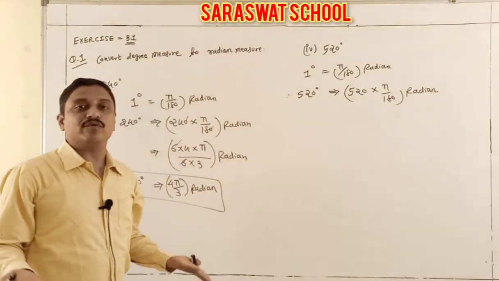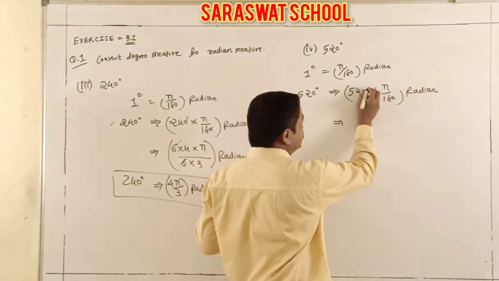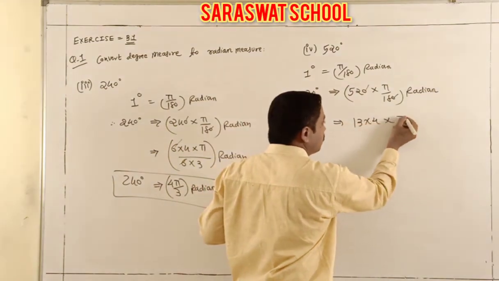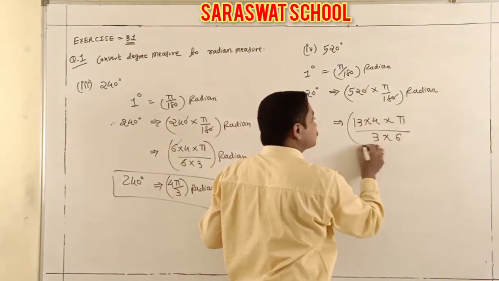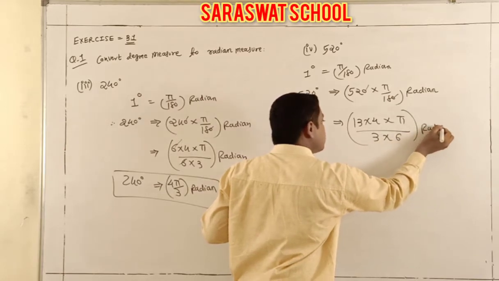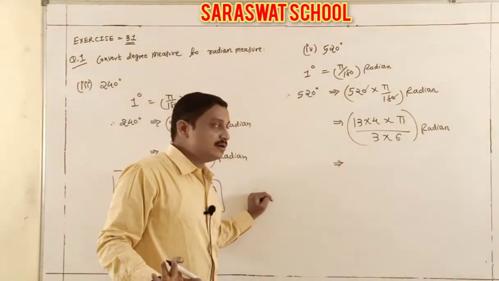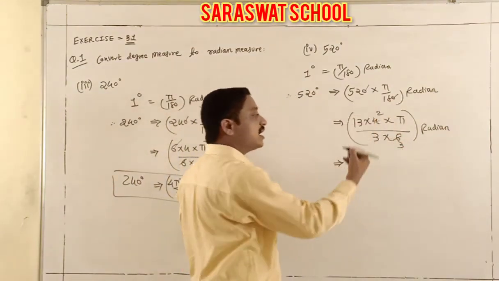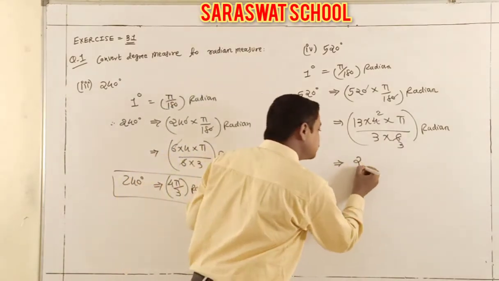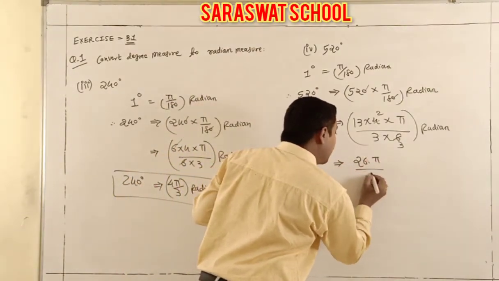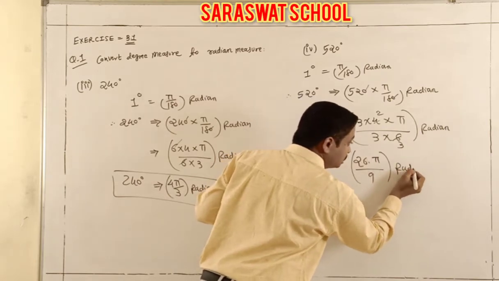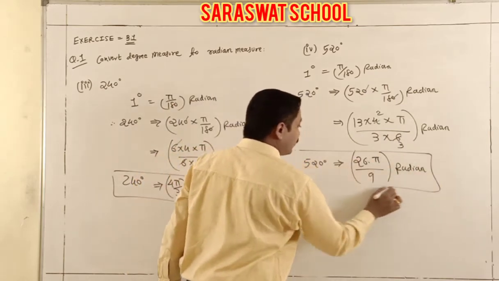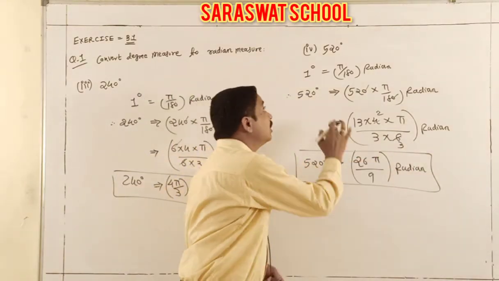I hope you understood very easily. And cutting the value, 0 0 cancel, 52 and 18: 13 4s are 52, pi, and here 3 6s are 18, radian. Students, least to least converted. So here cancellations: 2 2s are, and here 2 3s are. So 13 2s are 26 pi upon 9 radian. And that's your answer for 520 degree. And here you have finished our first question, our fourth one.